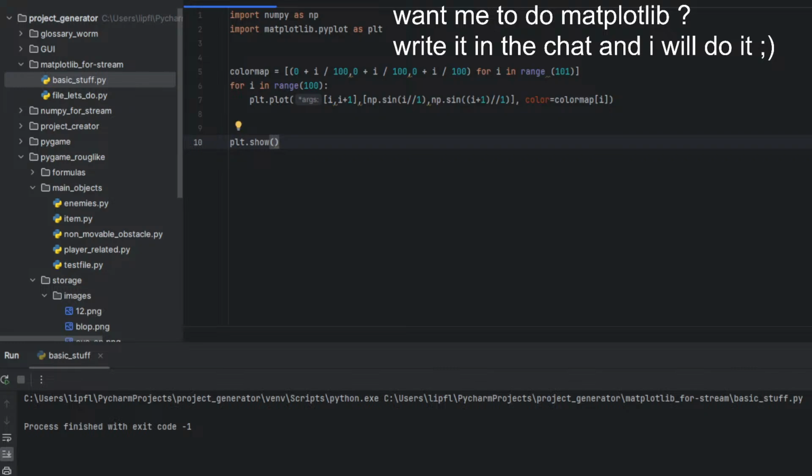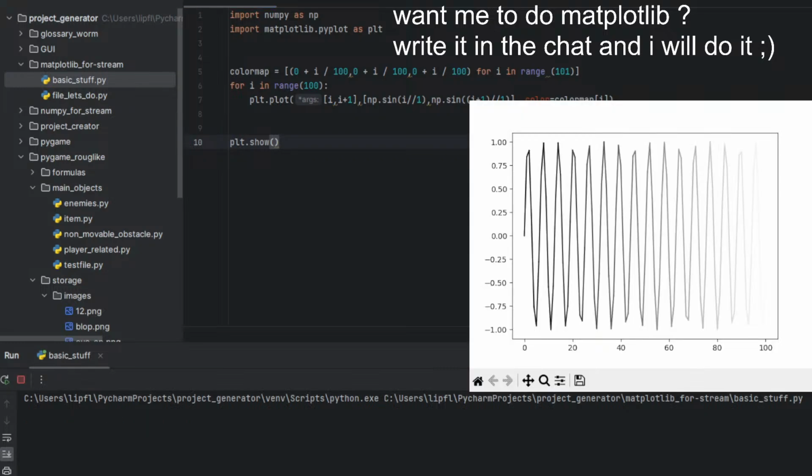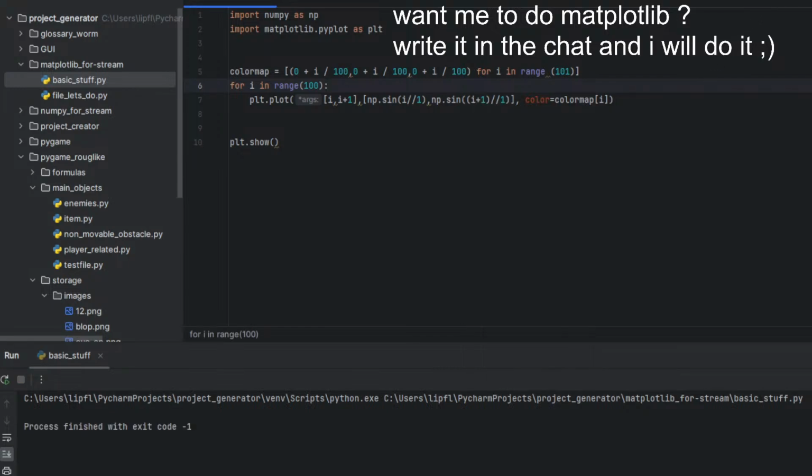Why does it look that bad? Ah, I get it. I maybe get why it looks that bad. So let me try something else.